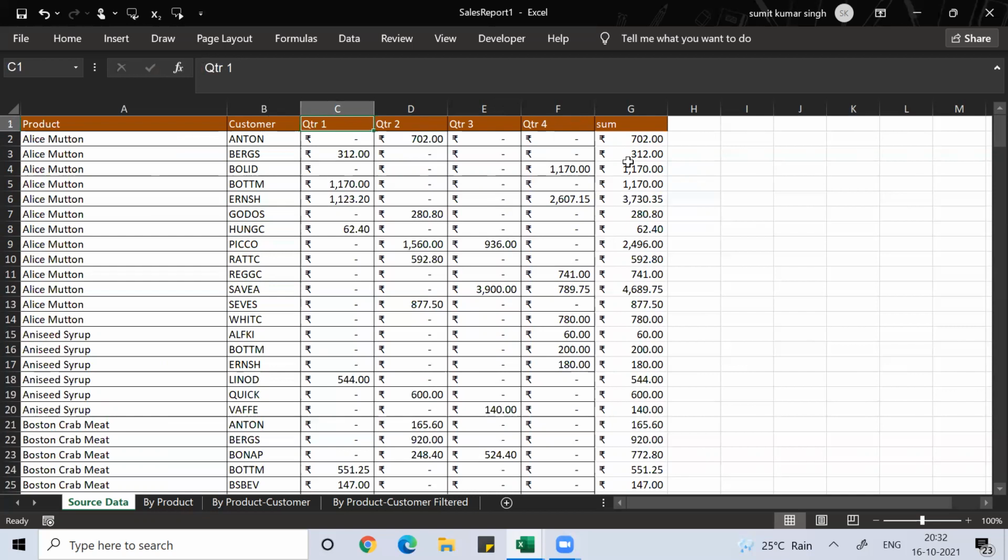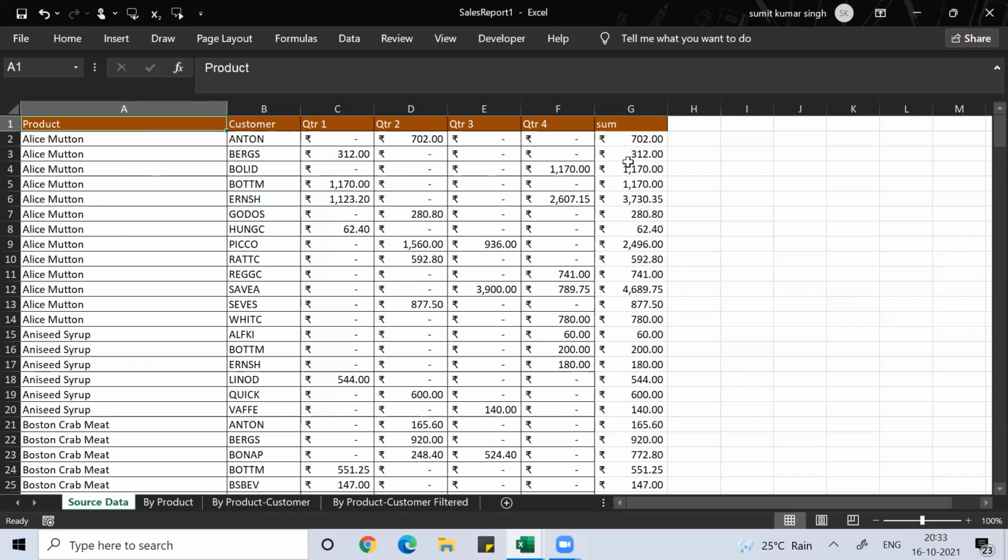If you want to see the sum quarterly, product-wise or customer-wise, we'll discuss subtotal in future. Now here, if I'm looking for some specific data, I can put a filter over product and customer, and then I can check and investigate each entry.